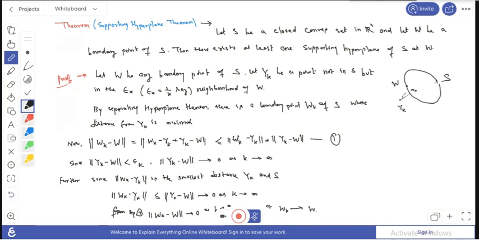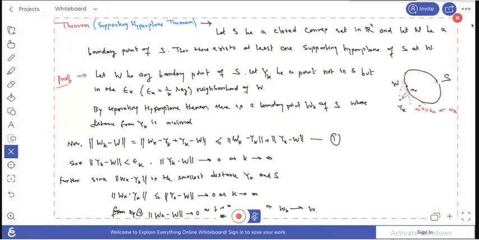Now for each w1, w2, w3, up to wk, at each point, suppose there are certain hyperplanes at different points, governed by the formula A transpose X equals BK, where we have different vectors AK at the different points WK. Now if we divide both sides of the supporting hyperplane, on the next page,